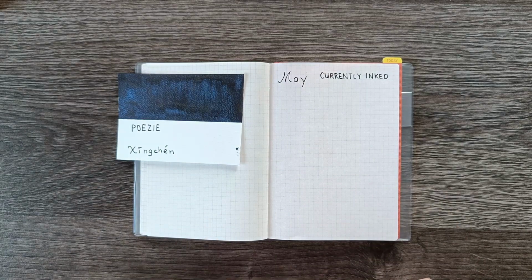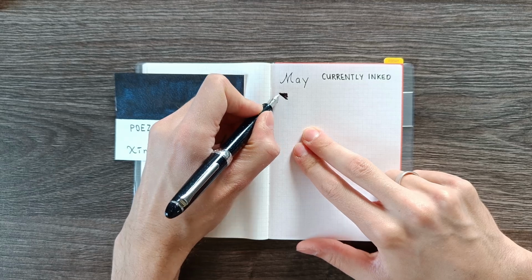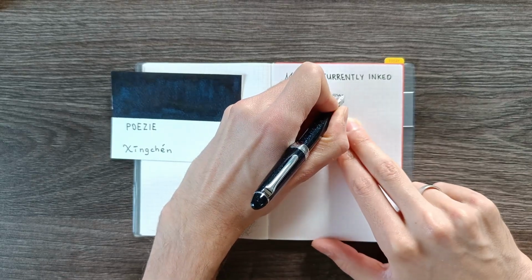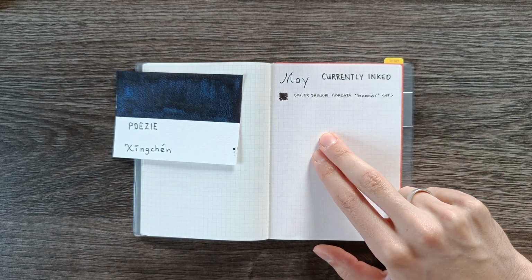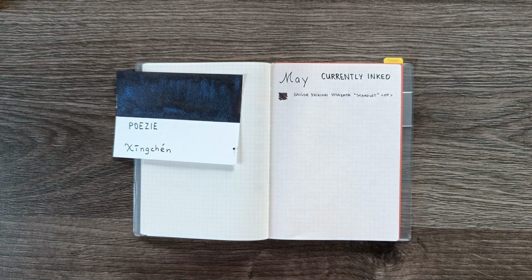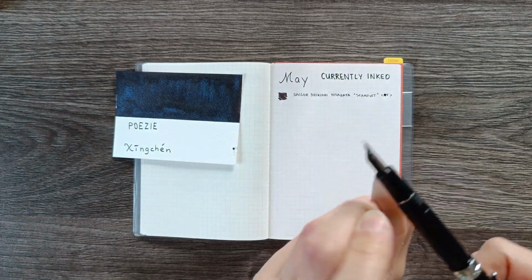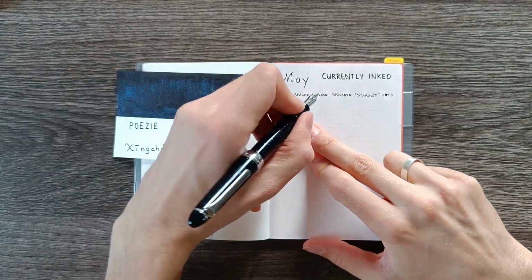Oh, wait, let me agitate the shimmer. I think this may actually be a fine nib. Now I'm not sure. Okay, yeah, it's a fine nib. It says in a very tiny engraving on the side of the nib. And the ink was